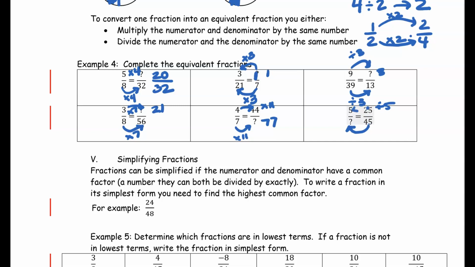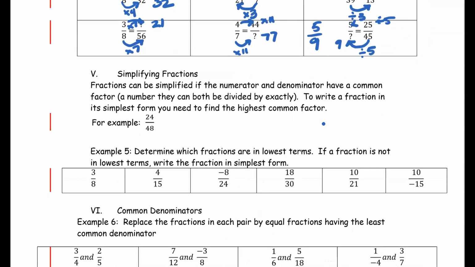So that's what makes me start with the 25 and go towards the 5 rather than the other way around. So 25 divided by 5 gives you 5, so 45 divided by 5 is going to give you 9. So the answer for this one is 5 over 9. Okay, so we just